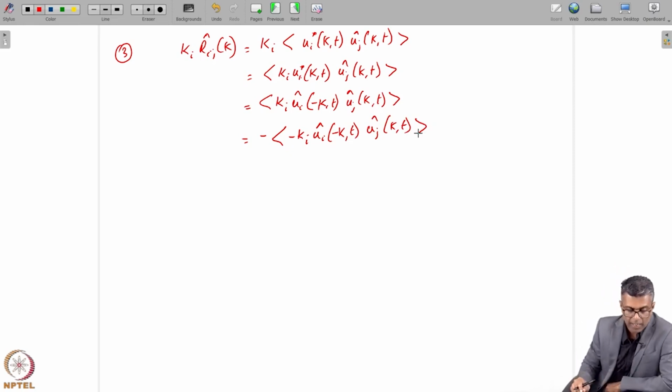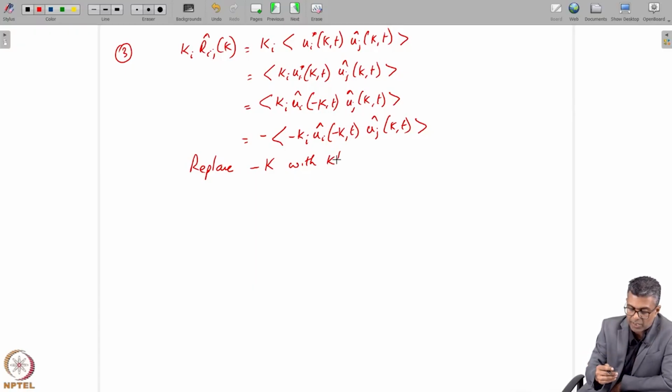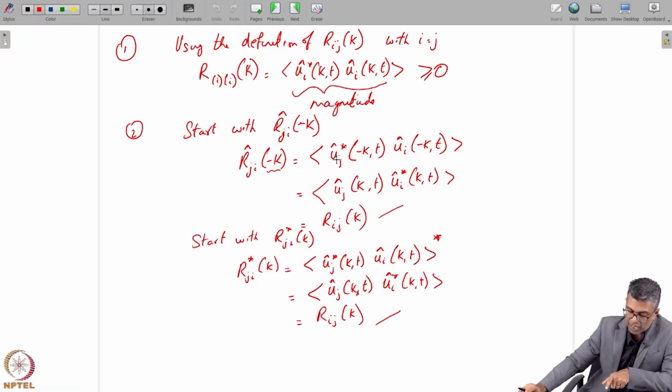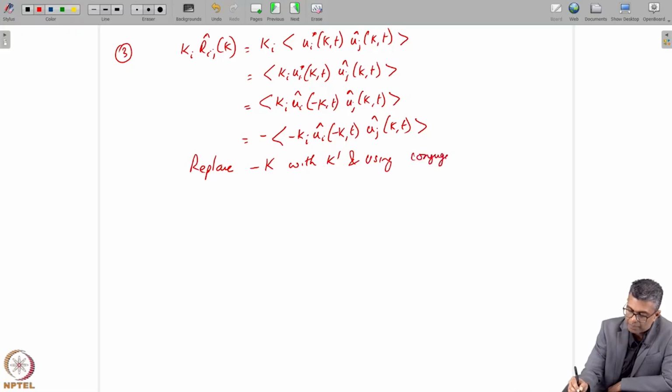Now all I need to do is replace minus kappa with kappa prime, some new kappa, right? And if I use the conjugate symmetry, what was the conjugate symmetry? The conjugate symmetry was Rij of minus kappa is equal to Rij of kappa. So, replace kappa with kappa prime and using conjugate symmetry,